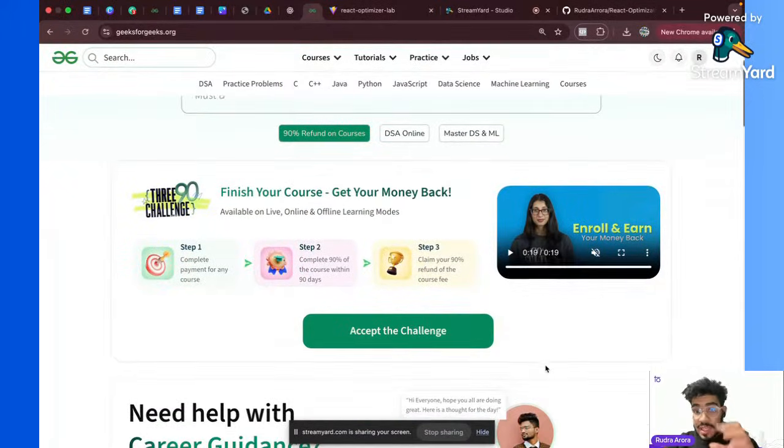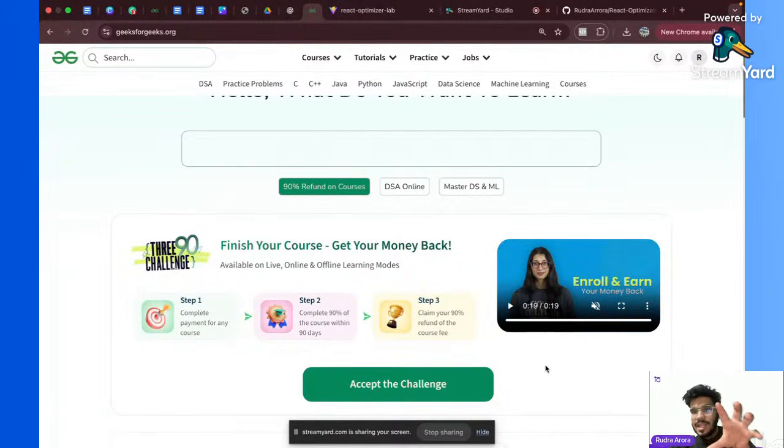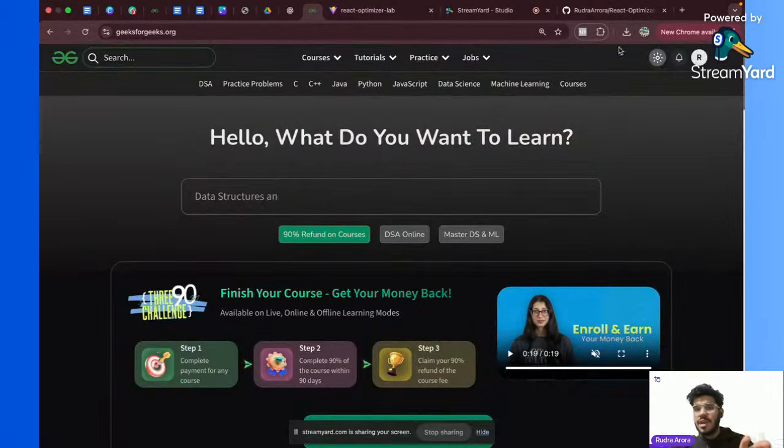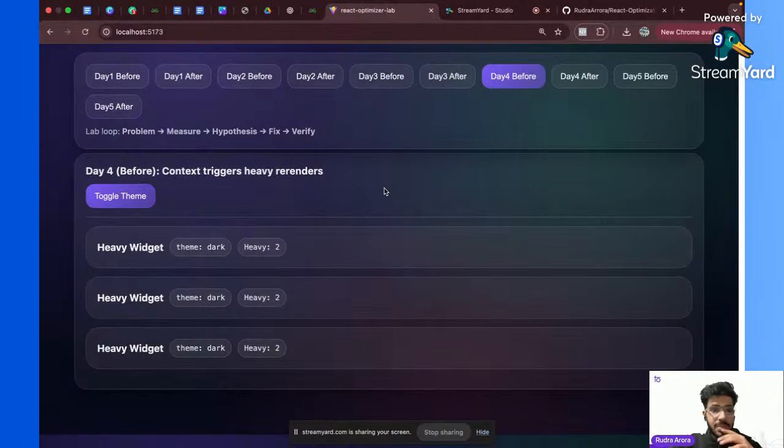Rest of the things remain intact. You can see that there is no reloading happening for the content, only the theme is changing, right? So this was the optimization that we wanted to achieve. So what is happening in the before condition is that when you are clicking on the toggle theme, the theme